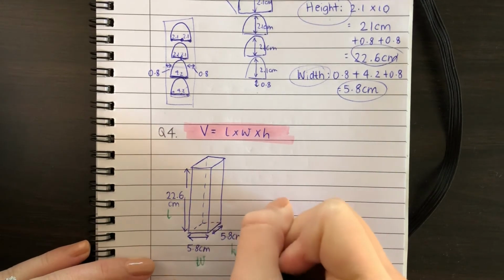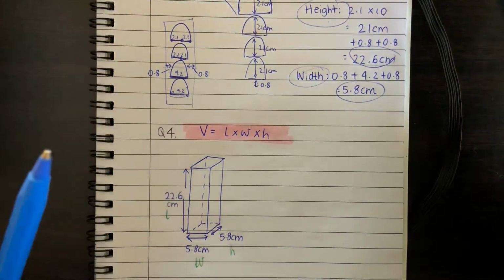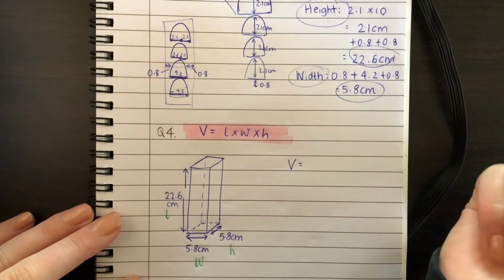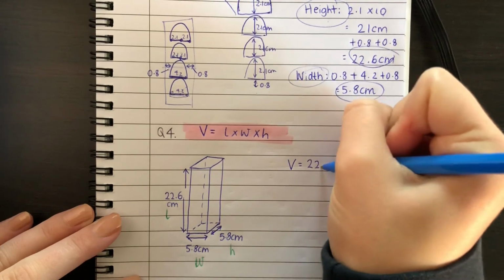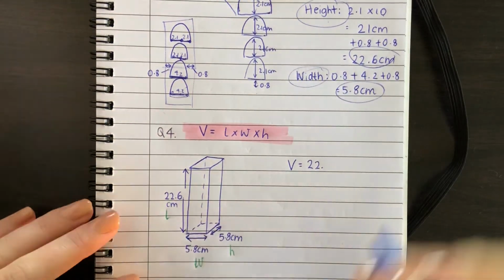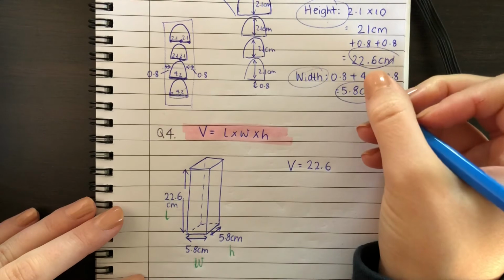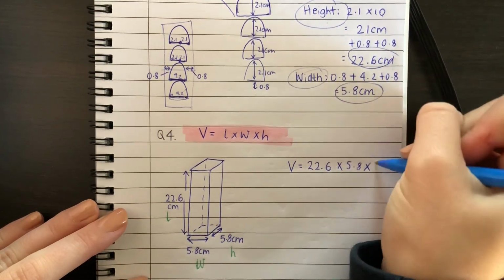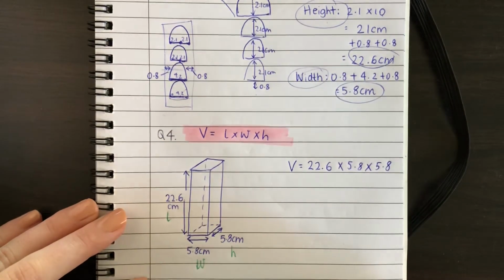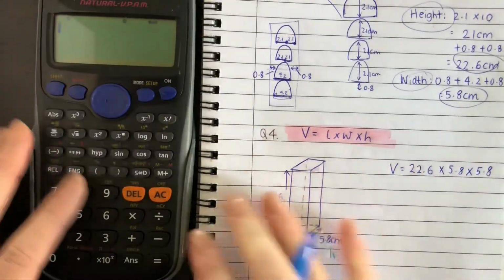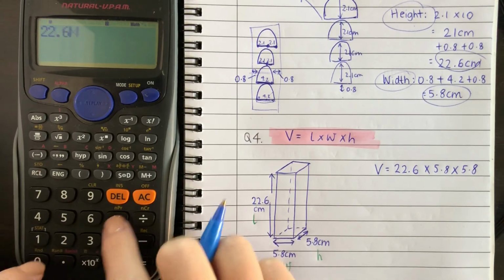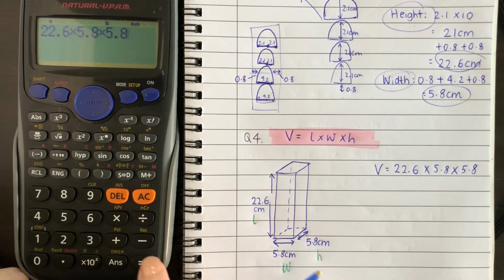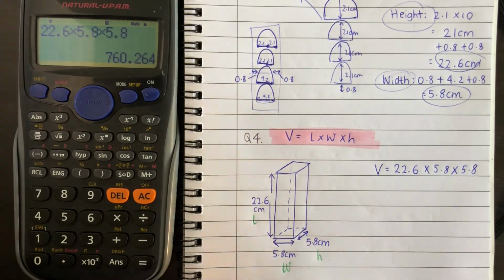It actually doesn't matter which way you label everything because it'll still equal the same in the formula, but all right, we'll go, oh, because technically I should have made that the height, that's all right. 22.6 times 5.8 times 5.8. Put that in your calculator. Equals